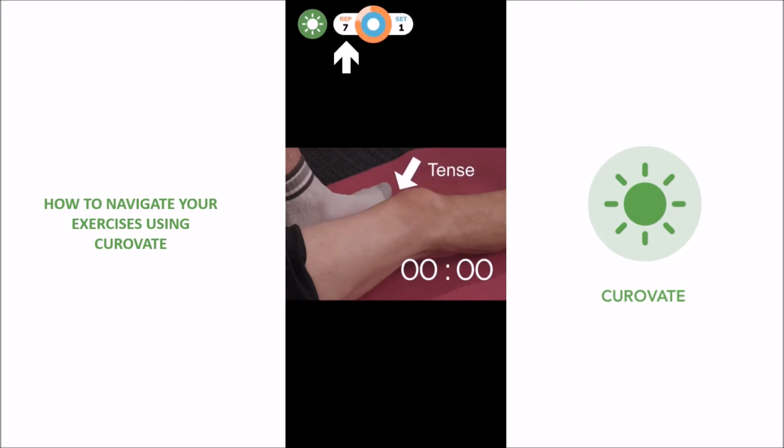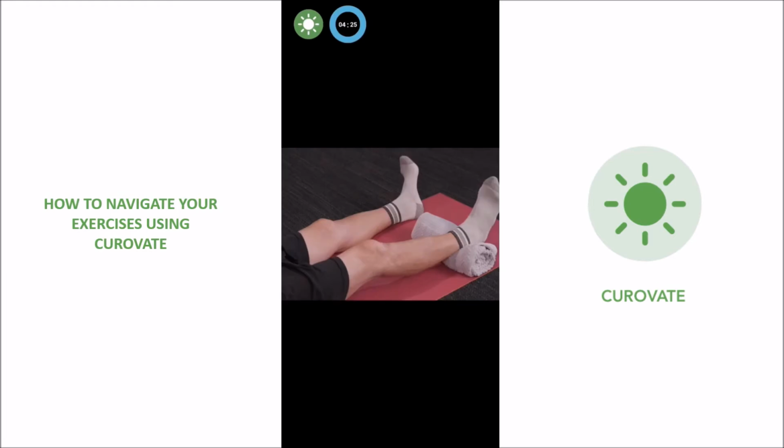Repetition is seen on the top left corner. It means how many times you repeat the exercise. Sets means how many groups of exercise to be completed and is indicated here. The orange circle shows the progress of the exercise. Sometimes you will see a stopwatch within the blue circle instead. This means that there are no repetitions or sets, but to hold a position for the amount of time indicated